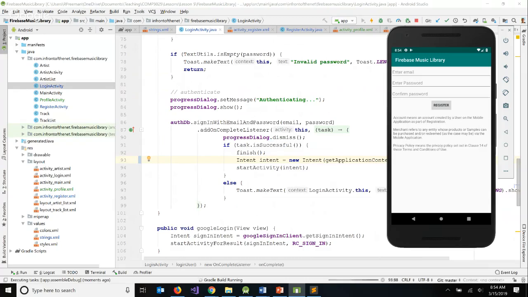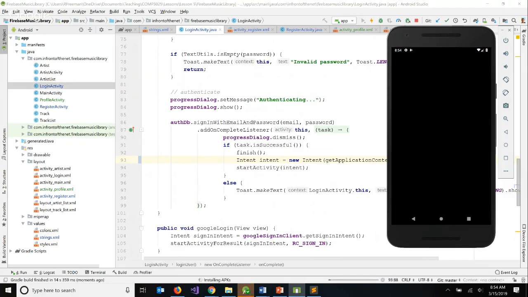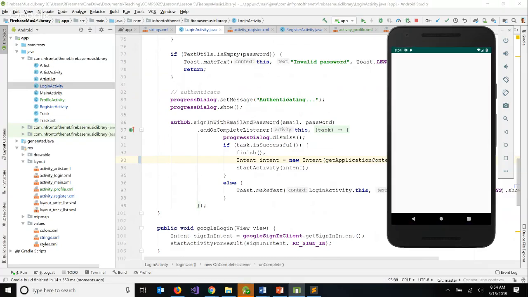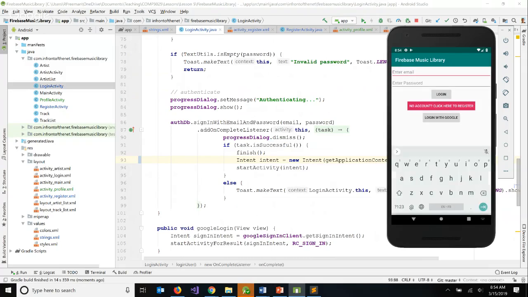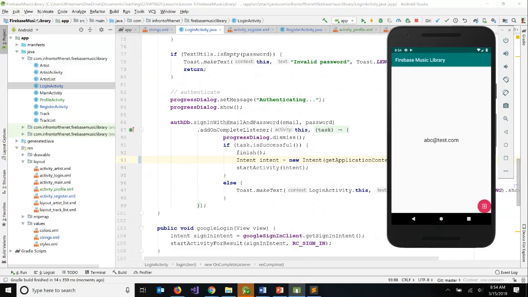So I'm going to try to log in. I'm not going to use Google. I'm just going to use my username and password, with abc@text.com and abc123. Okay, so that's the result we wanted. We wanted the profile activity. Sure, I'll let my emulator save my credential. Don't know why we didn't get that offer last week, but